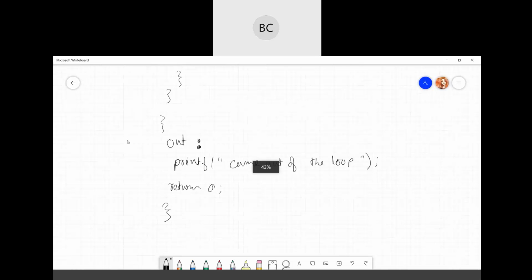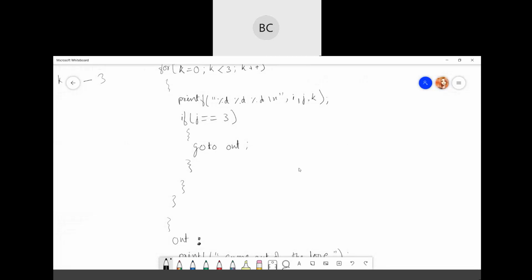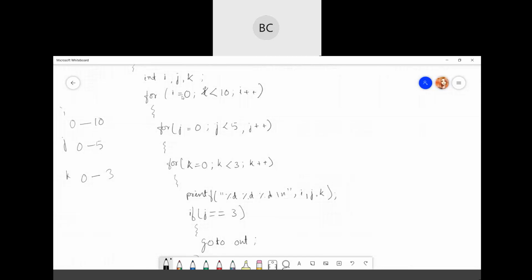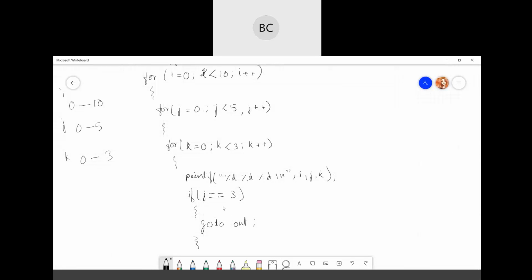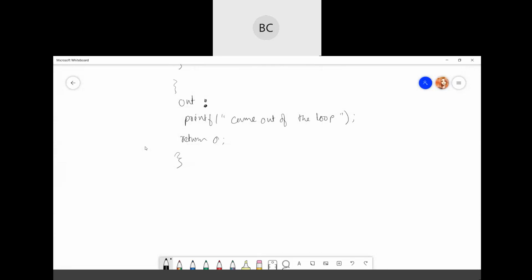Okay, so here is the program. So the output of this program will be, for i, it should come till 10, right? For j, the range is 0 to 5 and k, 0 to 3. But here I have put the condition that when j will be 3, I'll just come out of the whole loop. So for this, the output will be here 0, 0, 0. First condition is correct. Then this portion is just normal.